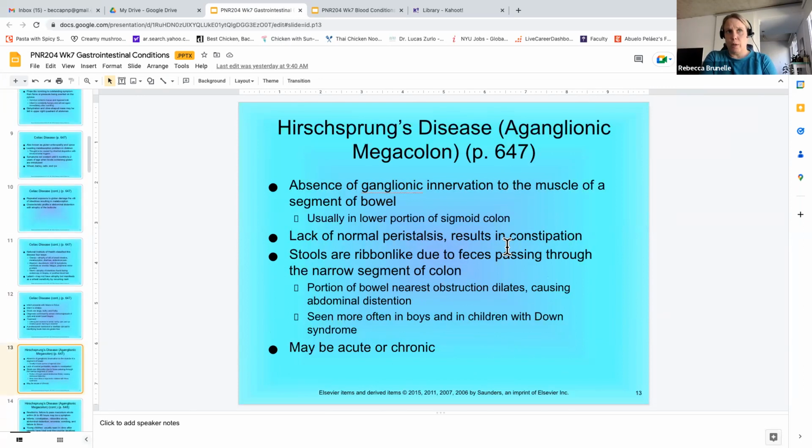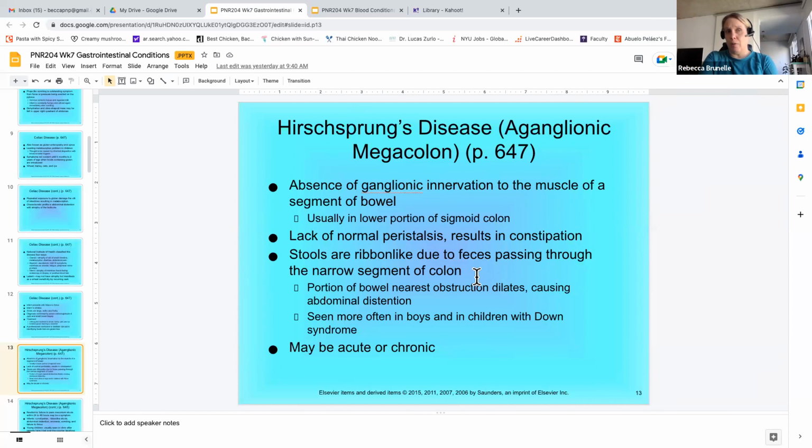So this is another one that, if you were to make a list of things that could present with failure to pass meconium, Hirschsprung's is on that list. The first one was the imperforate anus, and then also Hirschsprung's. These are both associated with not passing a meconium stool within the first 24 to 48 hours. So this is more of a nerve problem. They don't have normal nerve sensation to their bowel, so they don't have what's called peristalsis. Their bowel doesn't squeeze and relax, and it's not able to move things down.